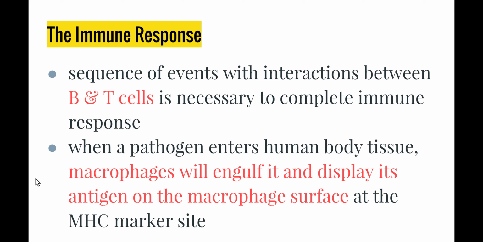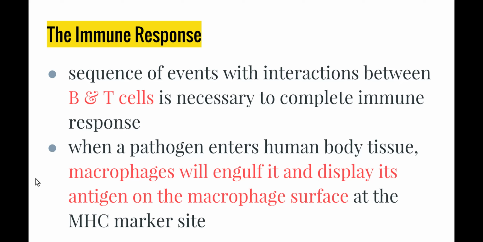The B and the T cells will work in different ways. We know that there are different types of T cells. The B cells work to create plasma cells and therefore create antibodies to combat the antigen. So they need to be able to interact with one another in order to coordinate this massive process of the immune response. First, when a pathogen enters a human body tissue, antigen-detecting macrophages will engulf the antigen